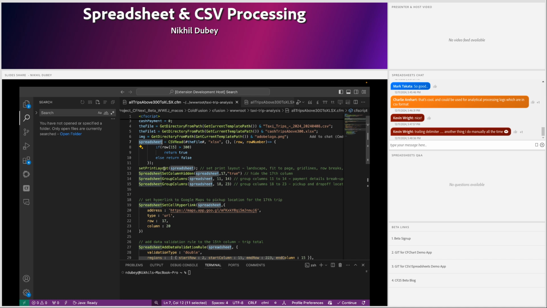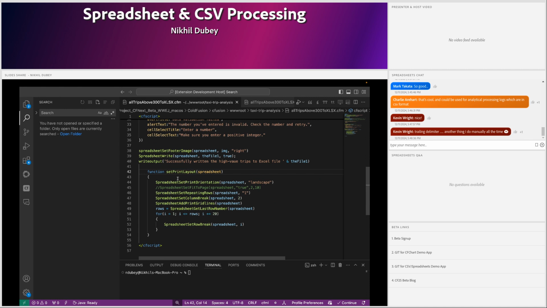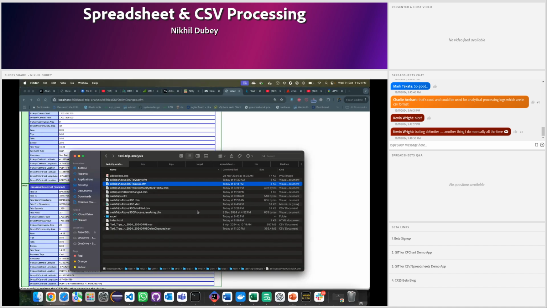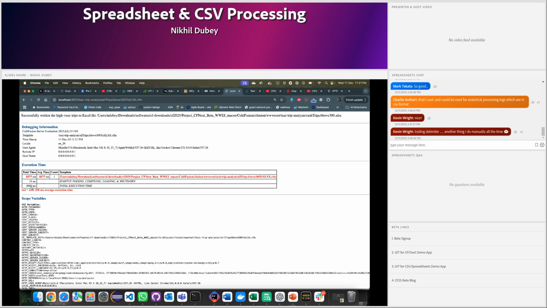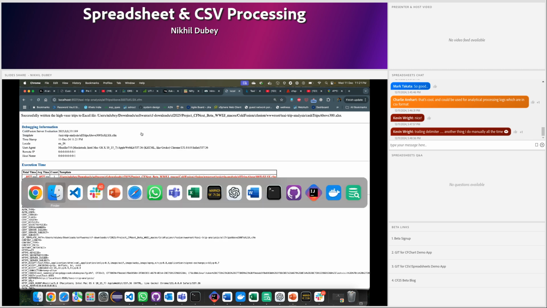and then I am doing multiple things with this spreadsheet object. I'm changing the print layout, setting the print orientation as landscape. Then I am setting the print repeating rows also, and setting the column break. So doing a lot of things, and you will see it happening. So let me just go back and run this. So I will now write all the high value trips to Excel. This should not take a lot of time because I'm writing only a partial number of rows, not the entire data set. So it took around 8600 milliseconds, and it generated